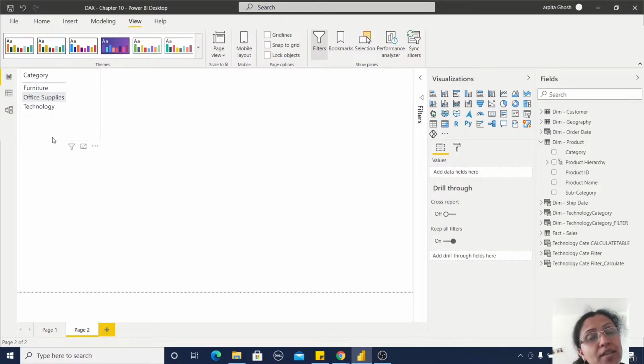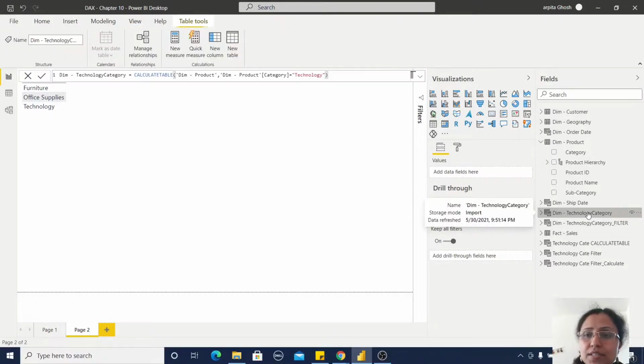Now using the CALCULATETABLE function, I am going to create only one single table which will have only technology related information. Let me go to this technology category. Here I have used CALCULATETABLE, product dimension, and where product category is technology. One thing you should remember, here I have used one existing column which is already present in our data model.